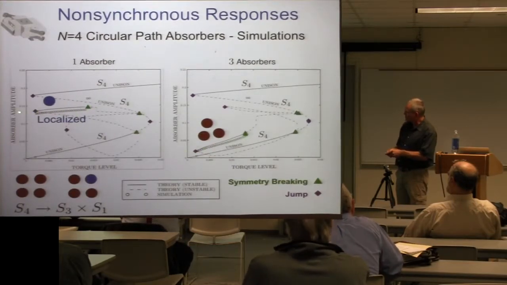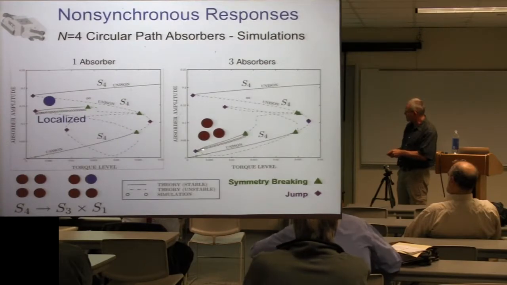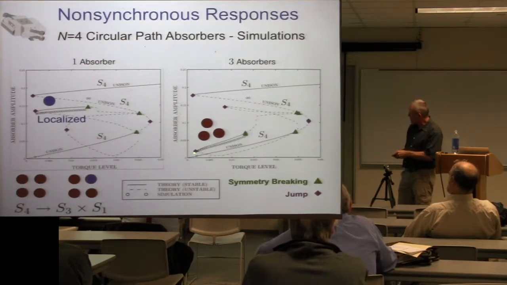And this single absorber, actually, its phase is all wrong. It's making these absorbers work harder. There's less inertia working, and the phase in this guy's wrong. And so these 3 absorbers. But the point is that in this torque range, back in here, you have a stable unison response that's